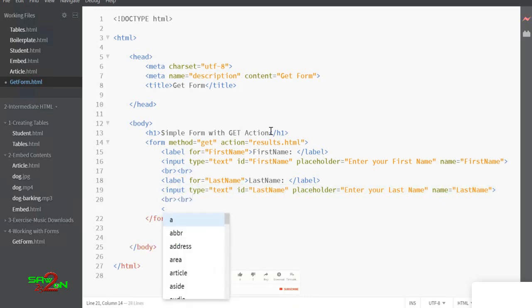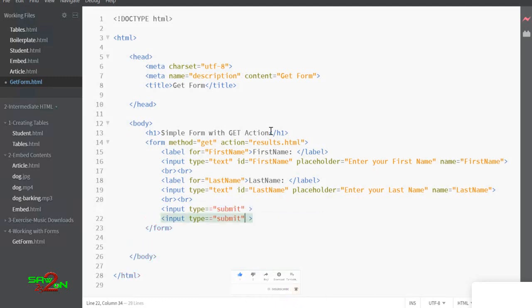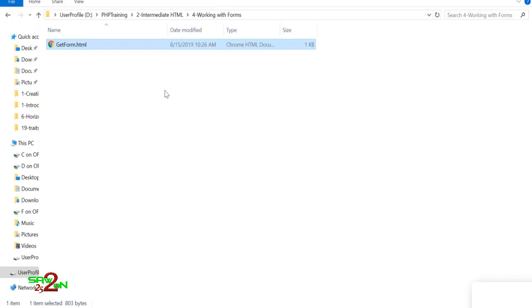Okay, how are we going to write the submit button? Again, you can use the input, and this time instead of saying text you can say it is a submit button. Okay, and then you can also have the reset button. Okay, and instead of showing reset you can set the text on the button to say clear form. Alright, so let's look at how this form looks.